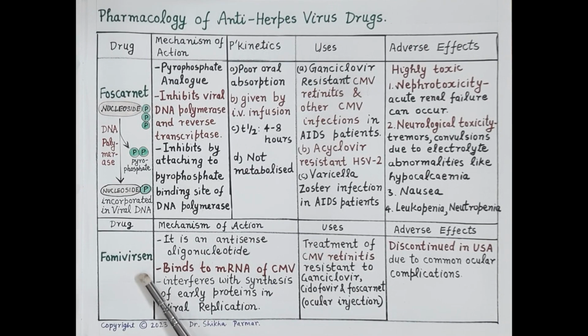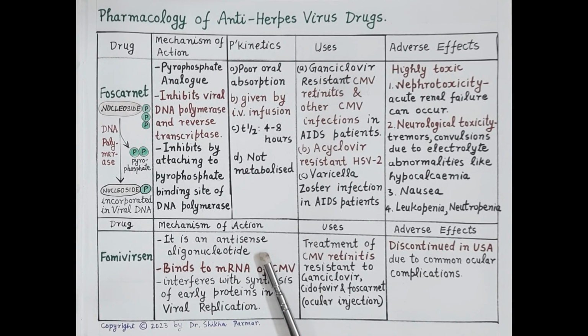Now, the next drug is Fomivirsen. Now, Fomivirsen is an antisense oligonucleotide. Now, if you could remember, we have studied that in the host cell, the virus, the cytomegalovirus, it transcribes to produce viral messenger RNA. And viral messenger RNA further produces structural and functional proteins which are required for the multiplication